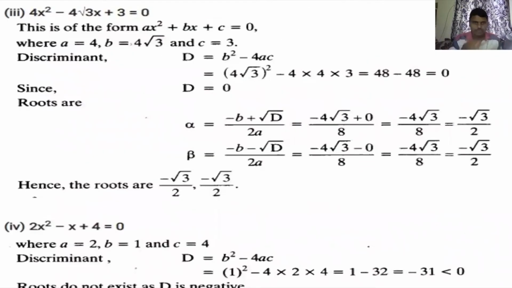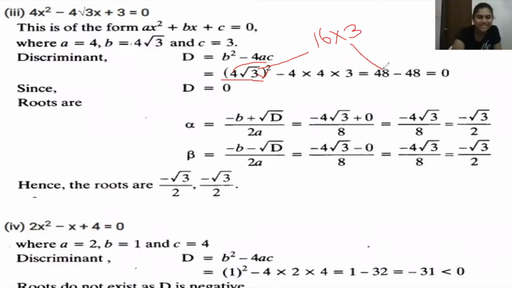One second. All of you, I think the roots are there now. Maybe you will make a mistake here. B square. B square here. The root 4 square as well as root 3 square. 4 square is, this value is 16 into 3, because the square root of 3 square cancels, 3. You will get 48. You got 48, Josna? Sir, I didn't take the root 3. I only took 4. Oh, sorry. Please do it again. Nice.